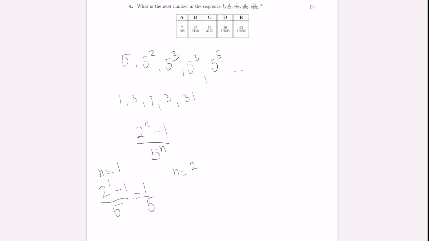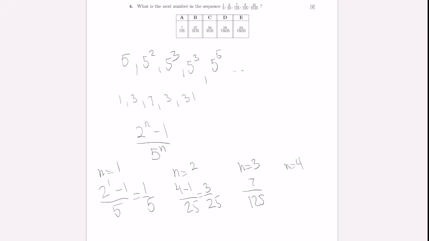N is equal to 2 is 4 minus 1 over 25, which is going to be 3 over 25. N is equal to 3. So 2 to the 3 is 8, take away 1 is just going to be 7. Divide that by 5 to the power of 3, which is 125. So far, so good. N is equal to 4 as well, which is going to give us